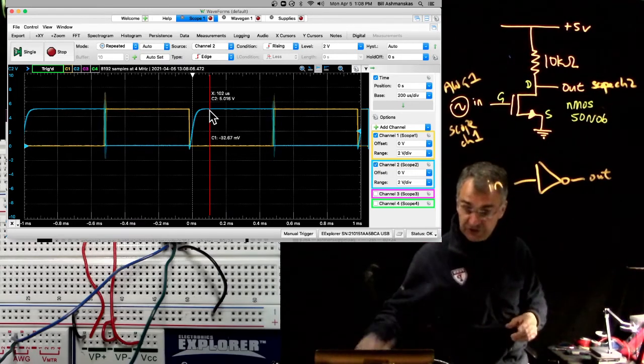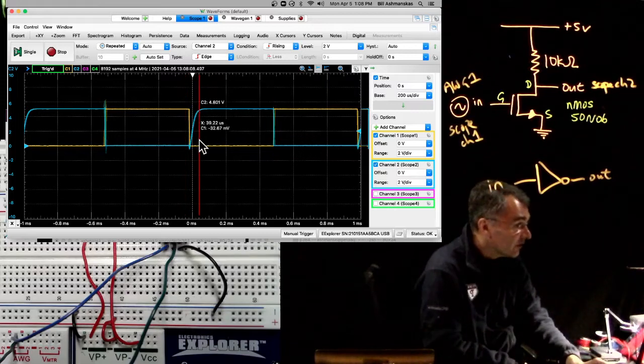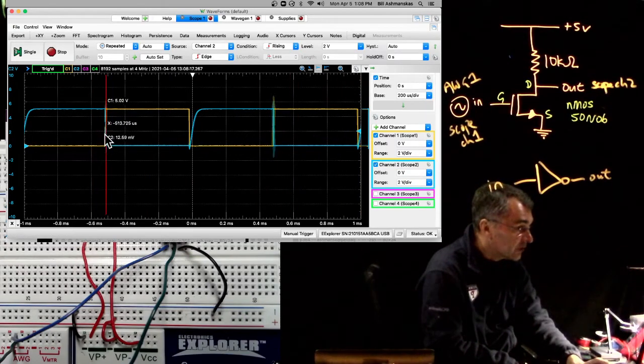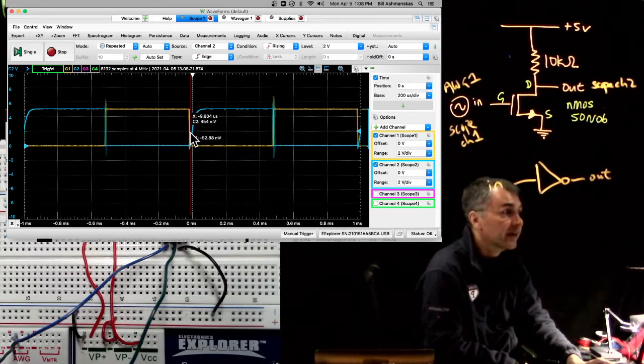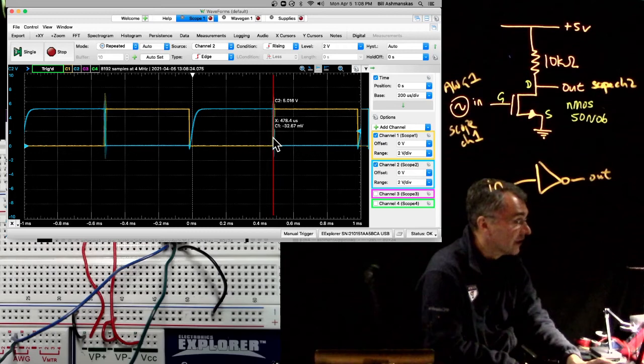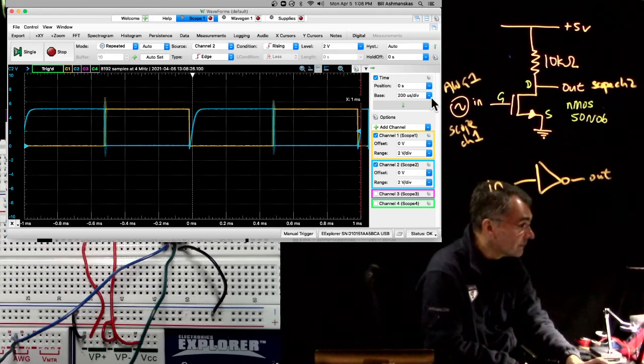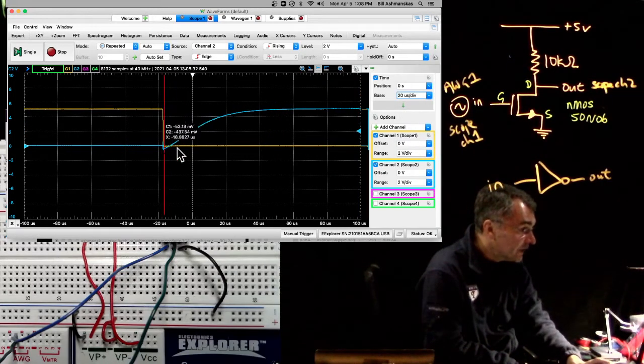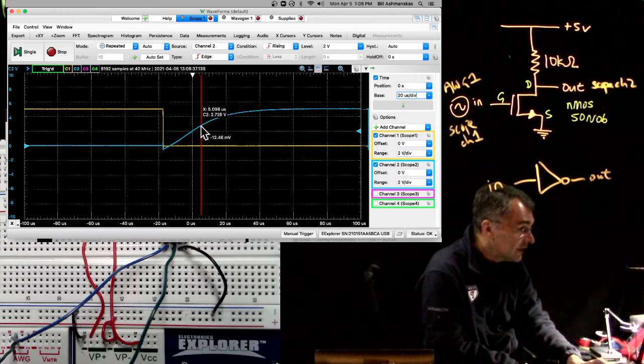And one interesting consequence of that is when the output switches from low to high, you can see this RC time constant. So we're at 200 microseconds per division. So here is a high to low transition of the output. Here's a low to high transition of the output. Here's another high to low transition of the output. Let me zoom in on this transition, and you can see a 1/e time of something like,